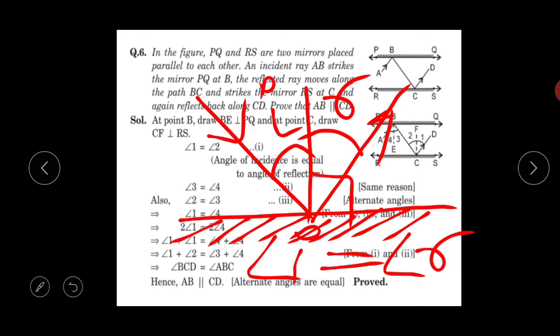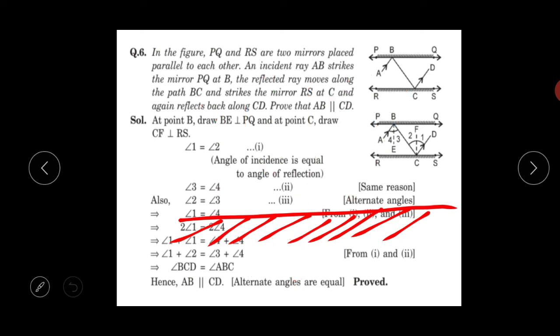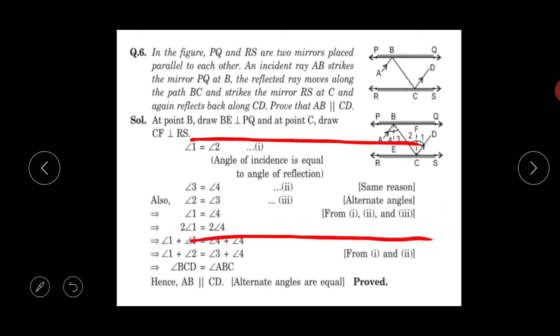You have studied it in your previous class that according to laws of reflection, angle of incidence is always equal to angle of reflection. This concept we are going to use in the solution. One more thing that we are going to use, student, is this. If I am having two parallel rays and we are drawing two perpendiculars,